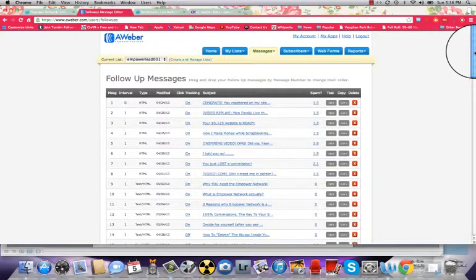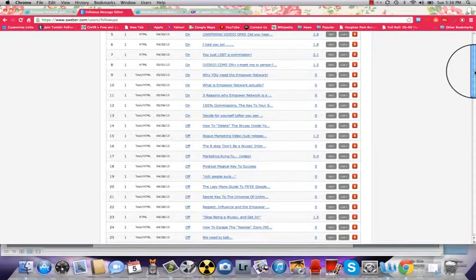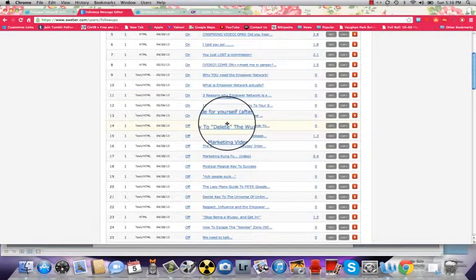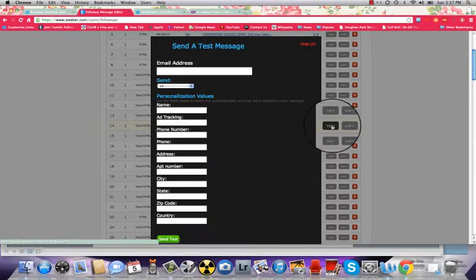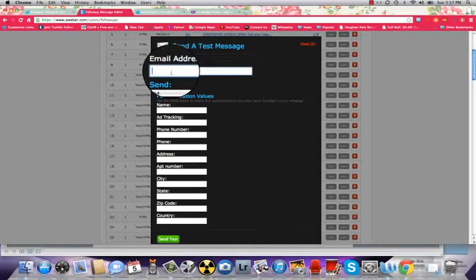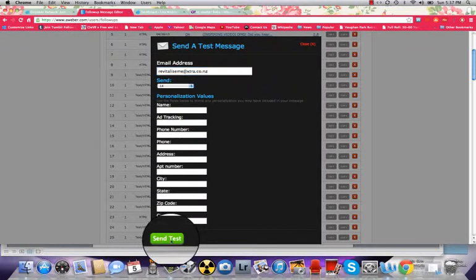And if I'm going to completely delete it, I could either copy it and make up a new email with it and put it further down the list, or I'm actually just going to test it and send it to myself. You can actually copy it as well, but what I'm doing is just testing them and sending them to myself, and then I keep the folder in my email for other ideas for a later date. So just put your email address in there and send test,